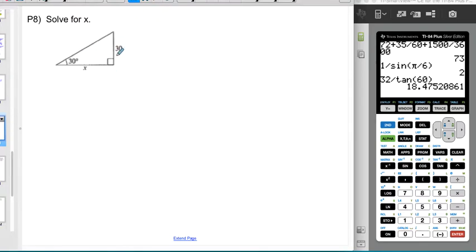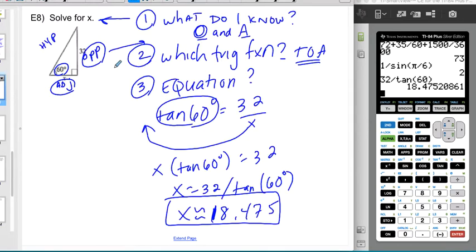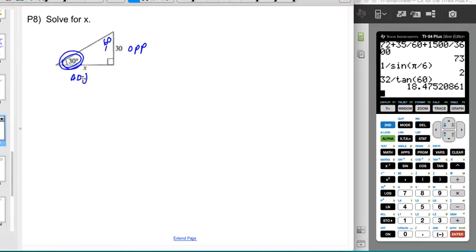So again, ask yourself, what do you know, right? You have this 30-degree angle, right? You have the opposite side. You have the adjacent side. Now, interestingly enough, if you want, you could have used the 60, and if you use the 60, then which one's the opposite and which one's the adjacent are reversed, right? Same thing here. I know that this would be a 30-degree angle because 30 plus 90 plus 60 gives me the 180. So using the 30, though, I happen to know opposite and adjacent,